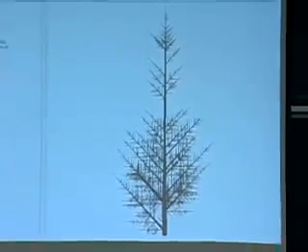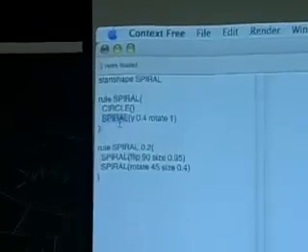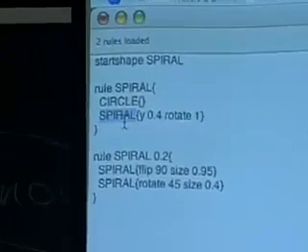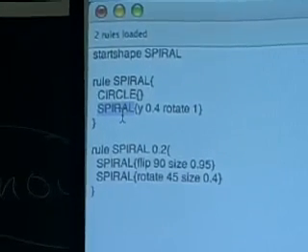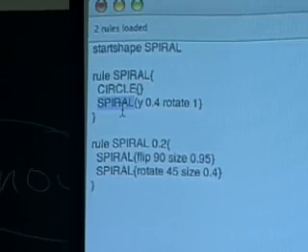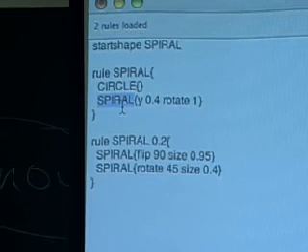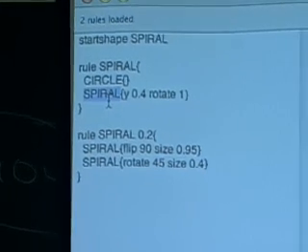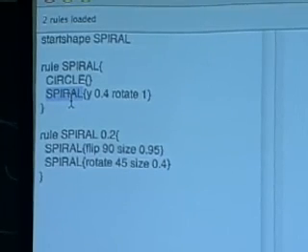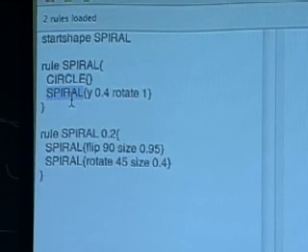So this is where the probability comes in. Anytime you call it, there are these 3 instances where spiral is called inside of spiral. Which one? It calls either one with certain probabilities. And the probability of the first one is 1 out of 1.2, and the probability of the second one is 0.2 out of 1.2.